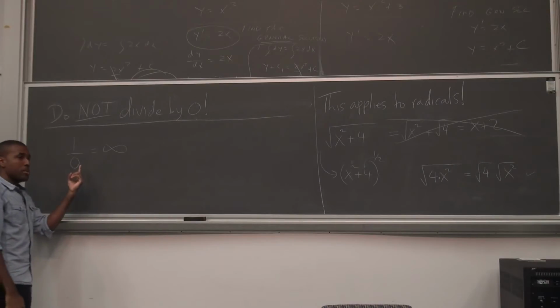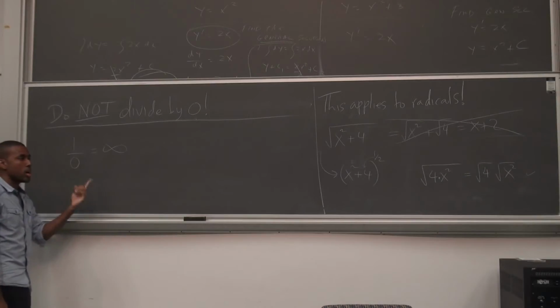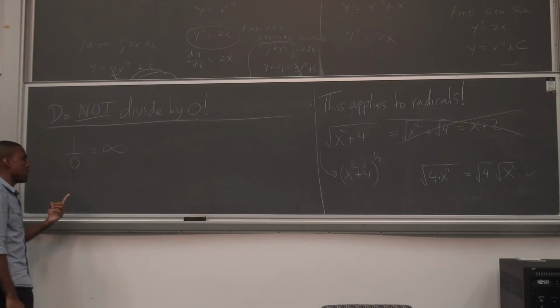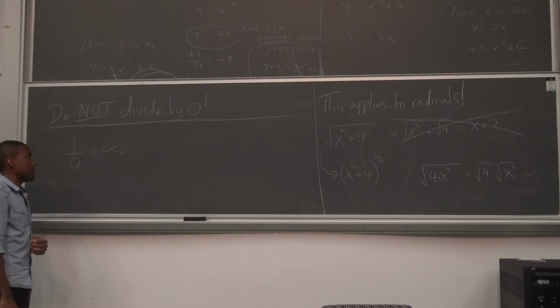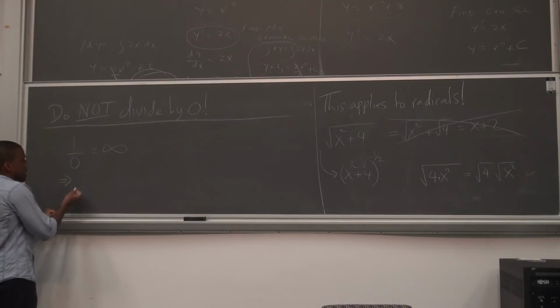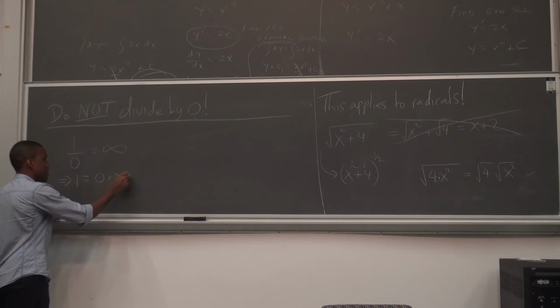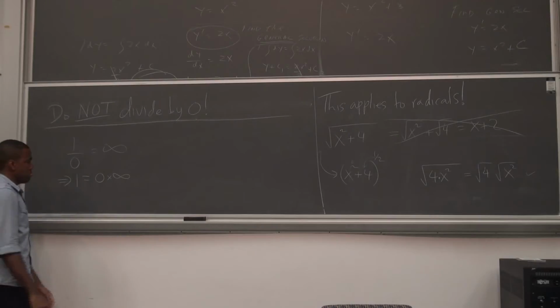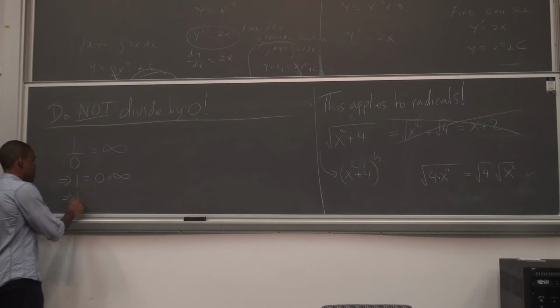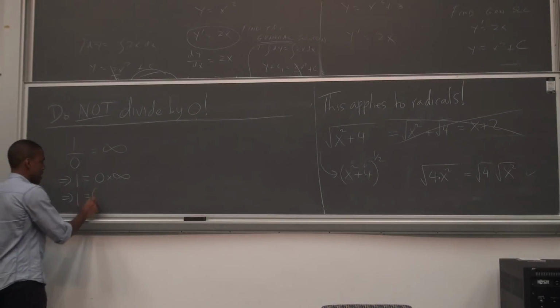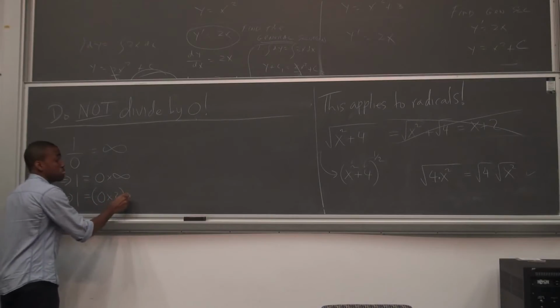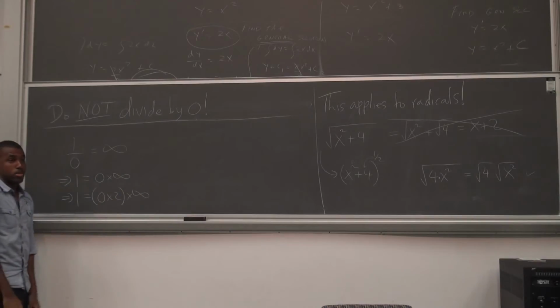Now, we're going to be talking about limits in this class, where we're going to see things where it looks like this is what we're doing, but it's really not. When we get to limits, I'll explain more about what's happening. But it doesn't make any sense to say this is infinity. Because if math is to work, then this would mean what? I could say 1 is 0 times infinity, correct? But there's another rule of math that 0 times anything is 0. So this 0 I could write as 0 times 2, if I felt like it. That would be valid.